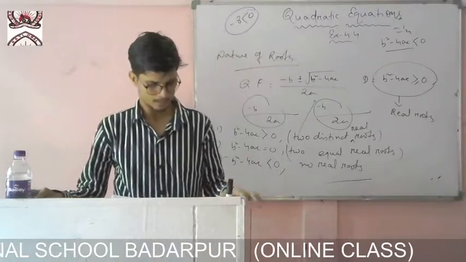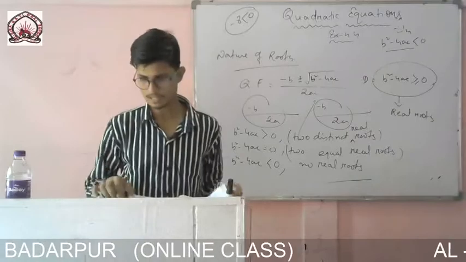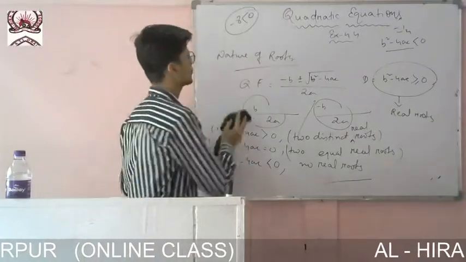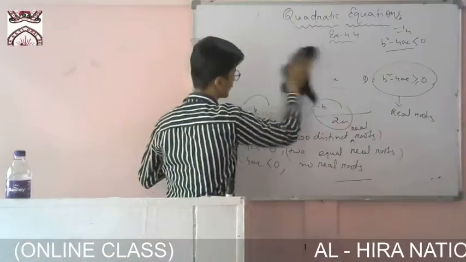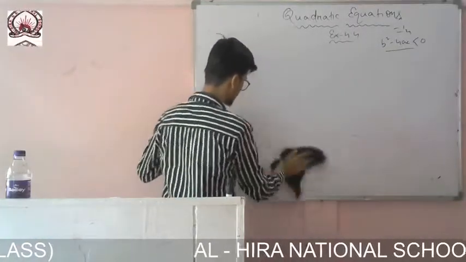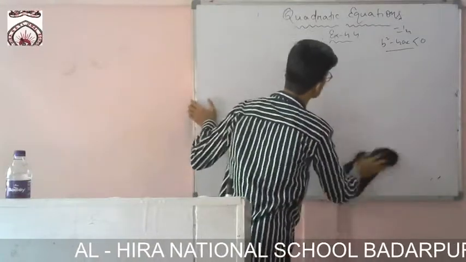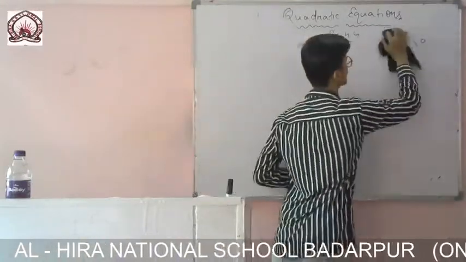Later on we will discuss the next example. So let us move to exercise 4.4. Let me solve this sum, then I will come back to this. This exercise is very easy, and you can easily score marks if a question comes from this exercise.